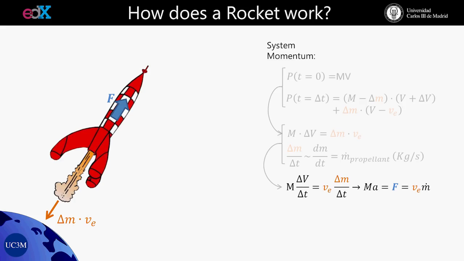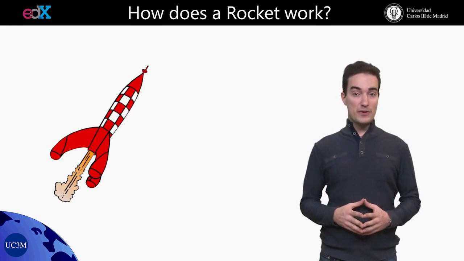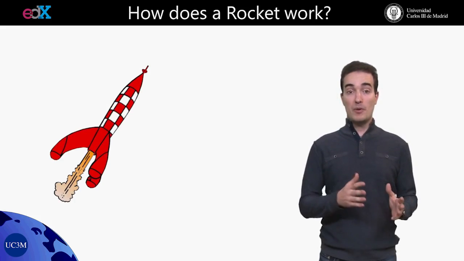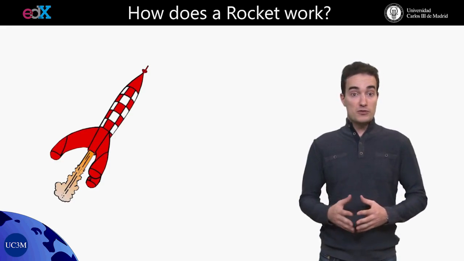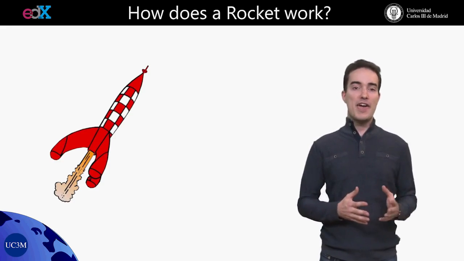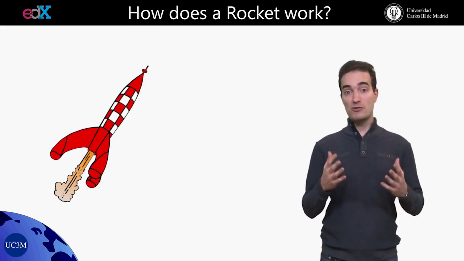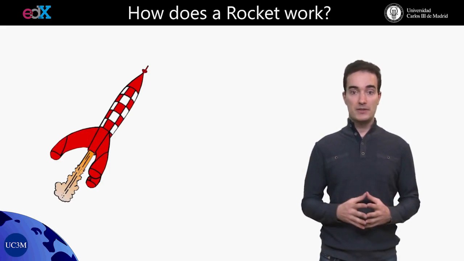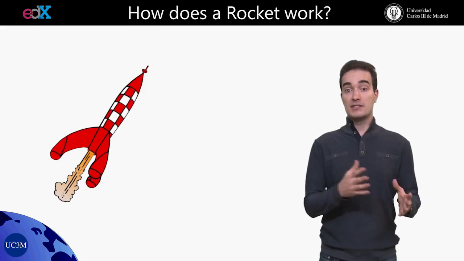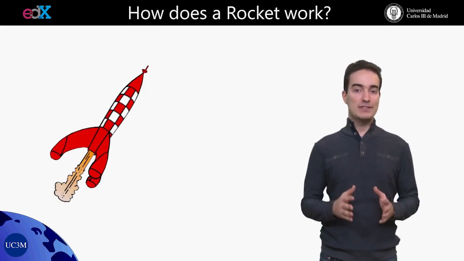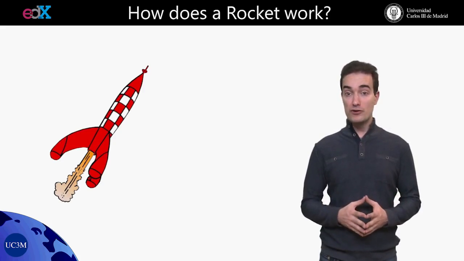So, in this video, we have seen that propulsion requires an additional medium onto which to exert a reaction force, and that a rocket carries its own reaction medium within it, the propellant, which is expelled continuously as a jet. The jet velocity is one of the main performance figures of the rocket,